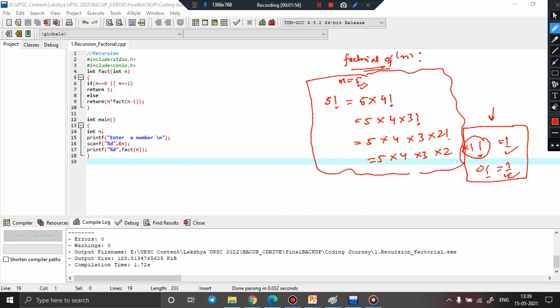Let us quickly define our function. The header files have been defined here. Now we are basically defining the function integer fact. This is the name of my function that will compute the factorial of a number. The return type is integer because it is definitely going to return some integers. You can clearly see here it is going to return some integer values, and hence the function is declared as integer type. Receiving a parameter n, it is going to receive a value of n and then it will compute the corresponding value. How does it operate?